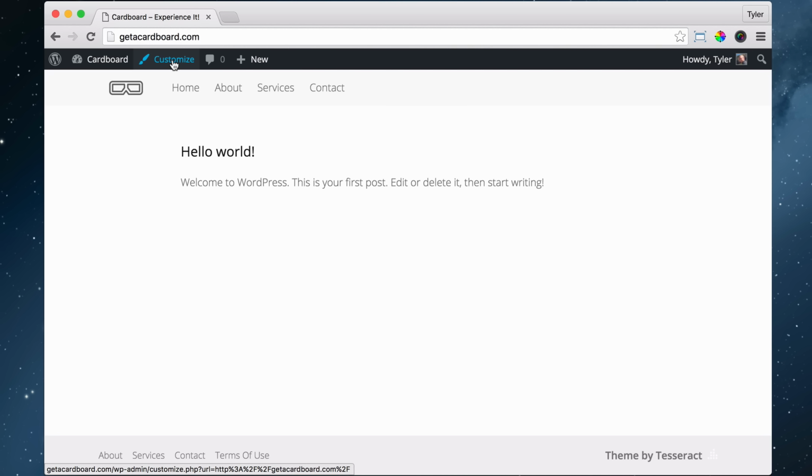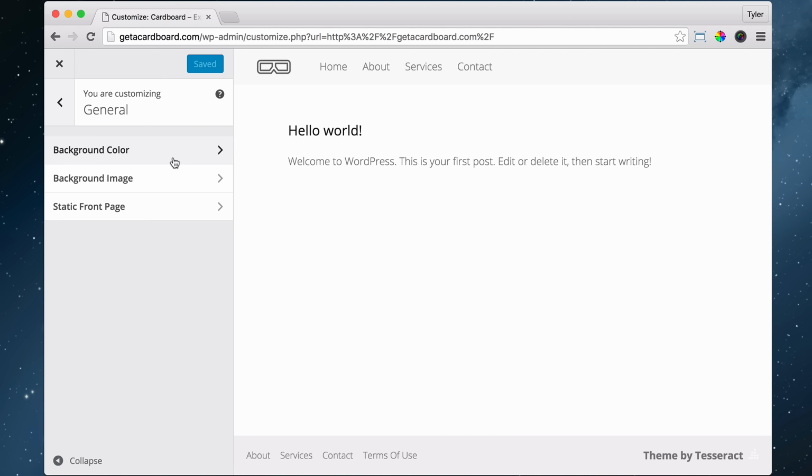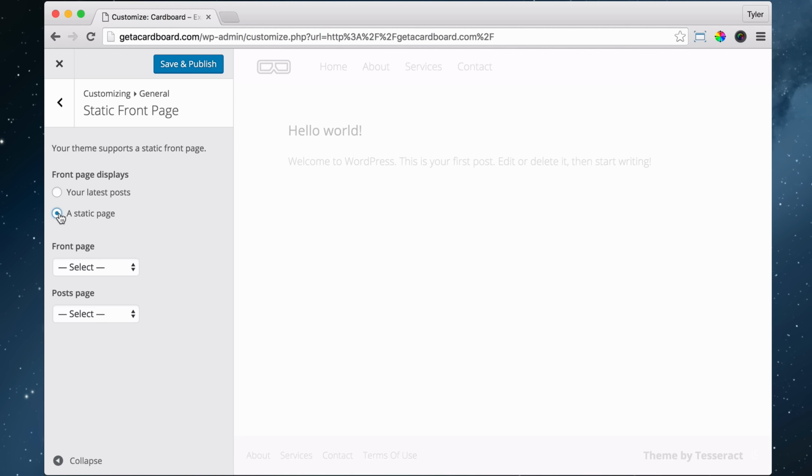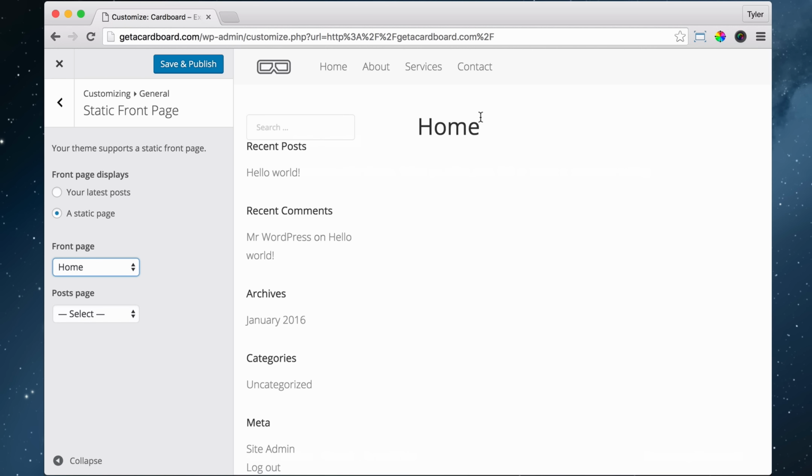So just click on Customize at the top left, and click on General, and click on Static Front Page at the bottom of all that on the left, and then click A Static Page. So instead of displaying your latest blog posts like we are right now, it's going to display a static page, and the front page is going to be, you guessed it, the Home page. All right, so now your home page is a page that we made called Home. We can just as easily set the home page to the Services page or the Contact page or even the Terms of Use page, but obviously we're going to set it to the page that we named Home just because that makes it easy. All right, once we do that, we can save and publish,